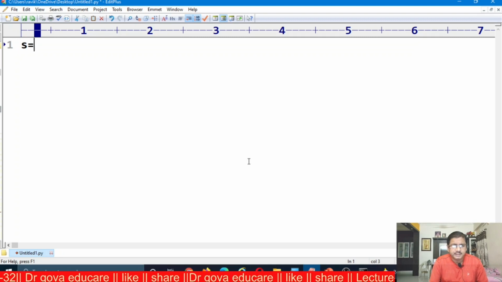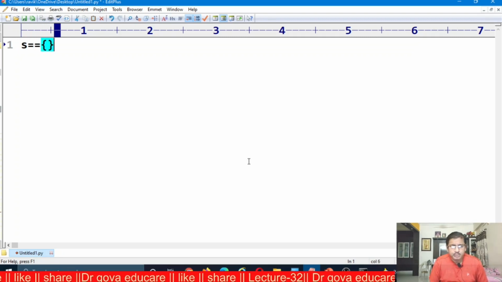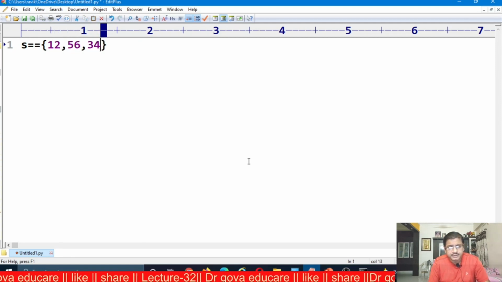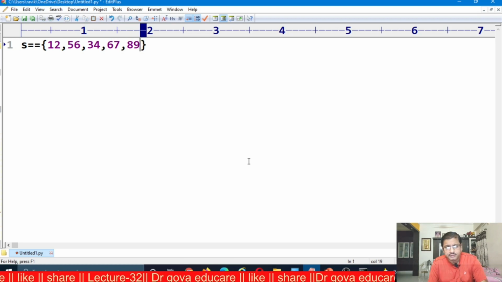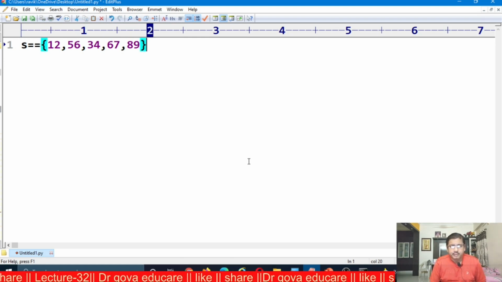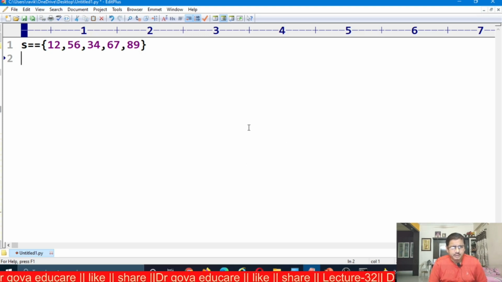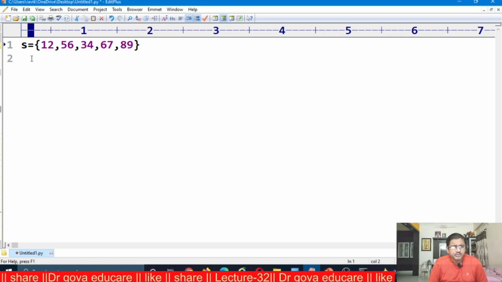Now this is the set, with the elements 12, 56, 54, 67, 89. I want to remove a particular element. I am using the remove method.